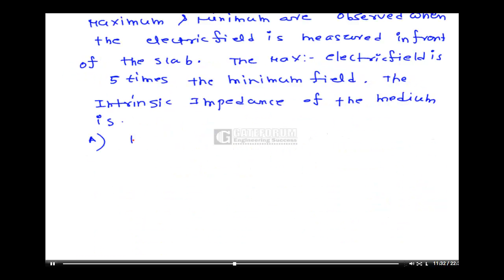option A, 120 pi ohms; option B, 60 pi ohms; option C, 600 pi ohms; option D, 24 pi ohms. This problem is a different kind of problem where we have to apply the concept carefully. If you see the solution to this problem,